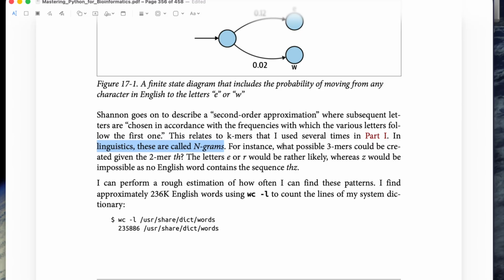And so, for instance, I ask, what possible 3-mers could be created given the 2-mer th? If we were to look in English text at all the words that have th in them, and then look at what is the letter that comes after th,